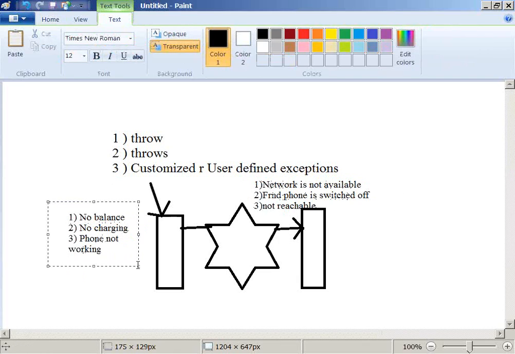Is there any difference or are both the same? Different. What is the difference? So these are the different scenarios where you cannot make a call to your friend. But my question is, are all these scenarios the same or are they different? If they are different, how are they different?